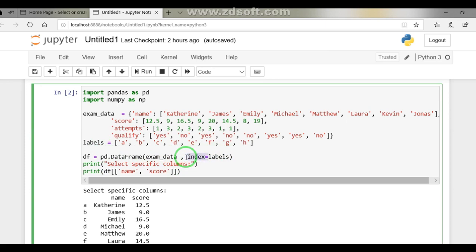For labeling, the labels we want to represent in the output part, the first parameter is exam data of the data frame, and the second parameter is index. So index is equal to labels. If we enter index equal to labels, the labels will be part of the output. The rest is the same, select the specific columns. This is how to display the output.